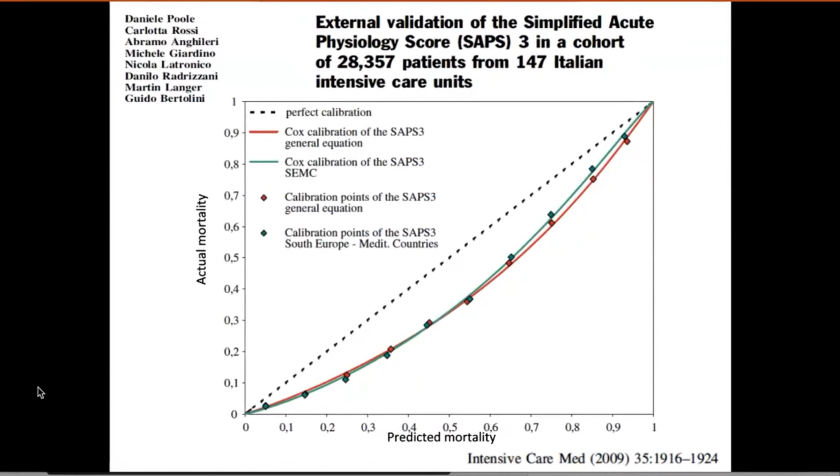And as you can see here from this calibration plot, this evolution of the SAPS score still suffers from very, very poor calibration properties, and always the same again, an over prediction of mortality. So one of our first steps in the journey of trying to import, so to speak, machine learning in the ICU was to essentially try to tackle the question of whether or not machine learning could actually improve the prediction of mortality in the ICU.